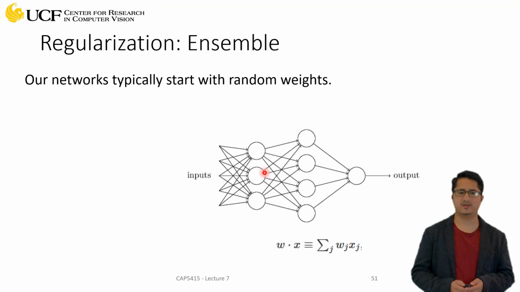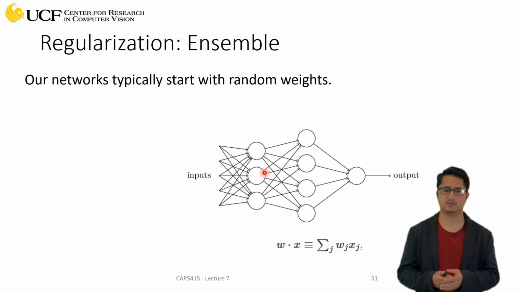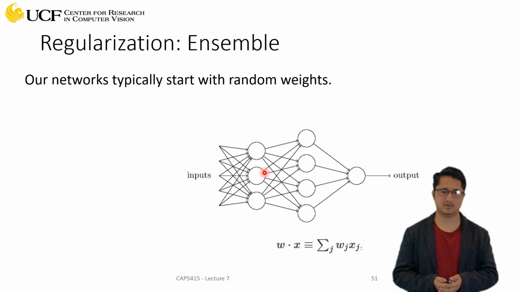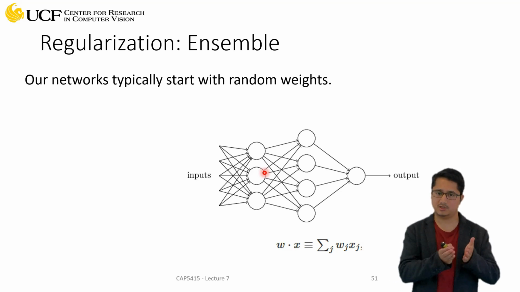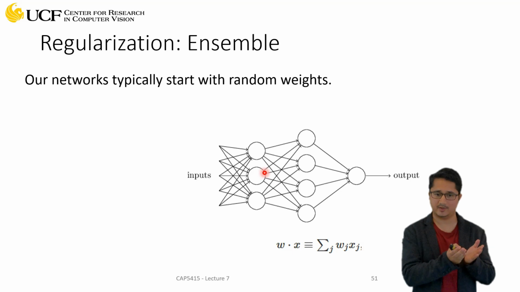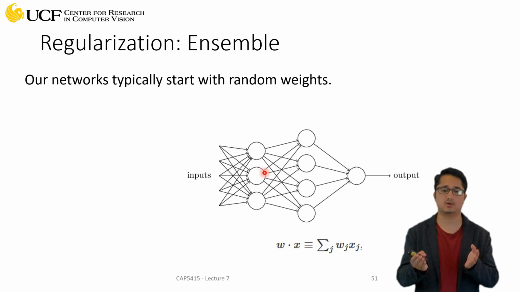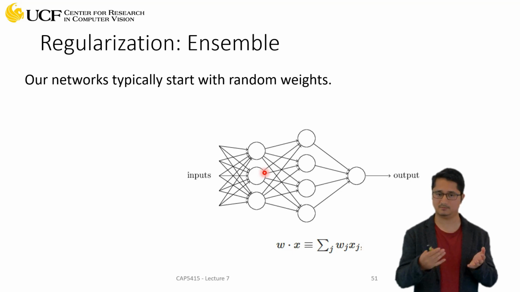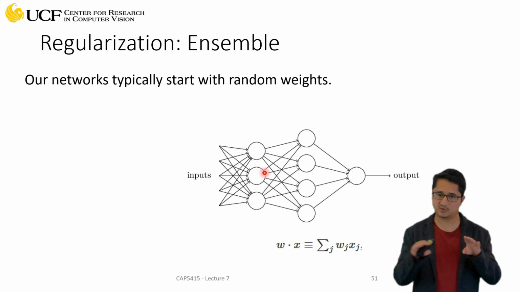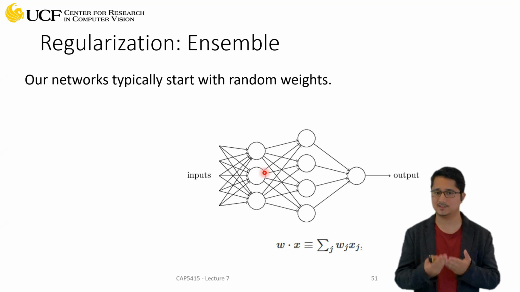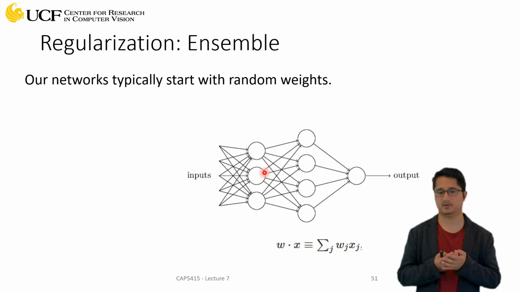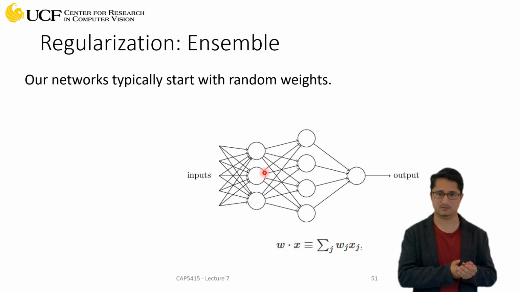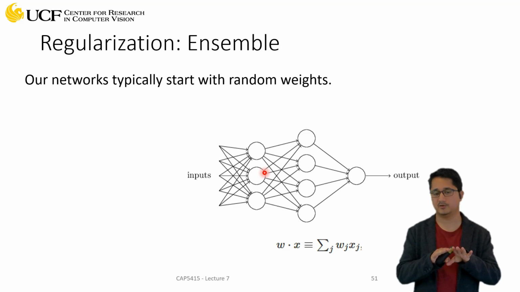The other interesting idea to regularize your network is to just use an ensemble. What does this mean? Each time you train your network, you are initializing your weights randomly, and the loss function you have is not convex, so there could be a lot of different minima. If you have different initializations of your networks, then even if you train the same network multiple times, the final weights are going to be different because the initial weights were different, right?